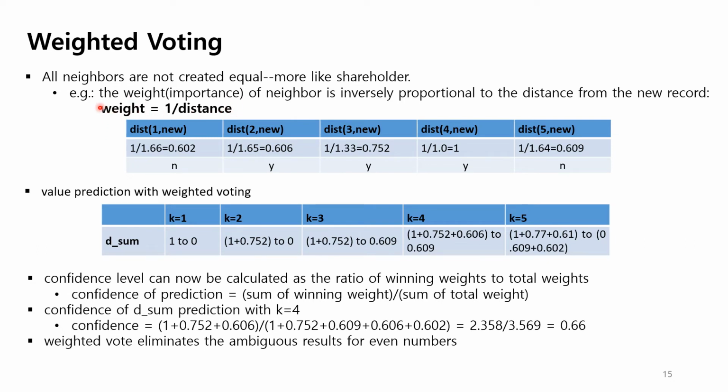So by using this definition, we can now compute the weight of each data. In this case, the distance between data 1 and the new is 1.66. So the weight is the inverse value, which is 0.602. For record 2, using the same way, the weight is now 0.606. The weight of data 3 is this, the weight of 4 is this, weight of 5 is this. Okay,